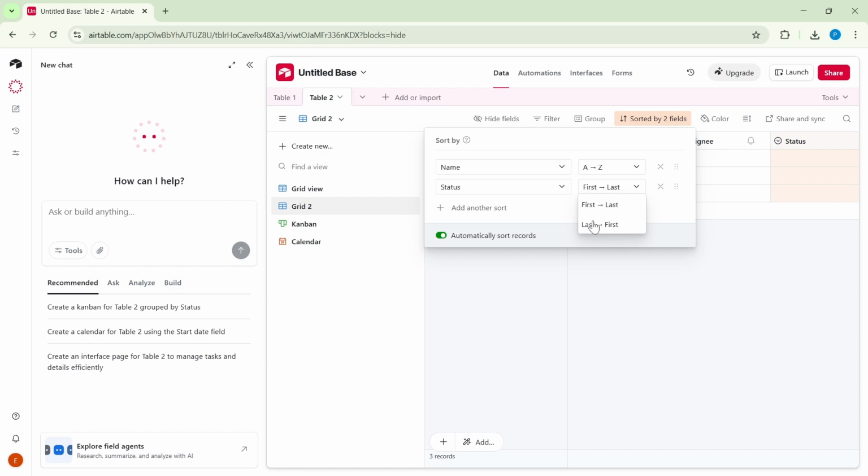A helpful tip: sorts are saved per view. That means you can keep one view sorted by start date for planning and another sorted by status for tracking without changing the underlying data. New records will automatically fall into the right position based on your sort rules, so you won't need to reapply